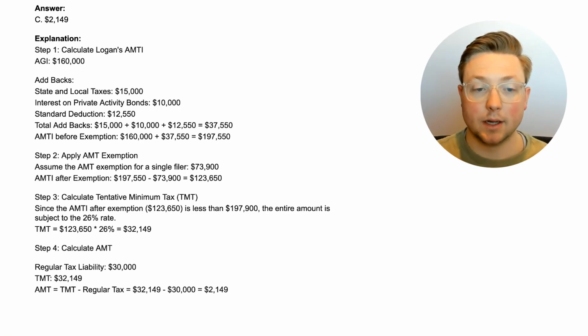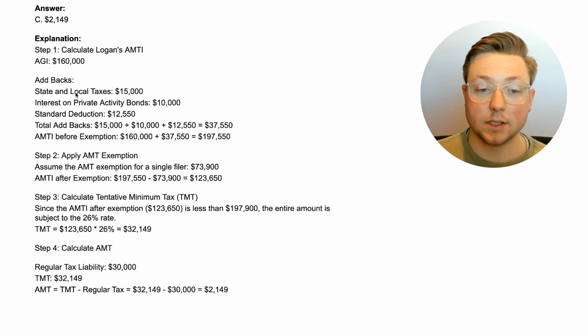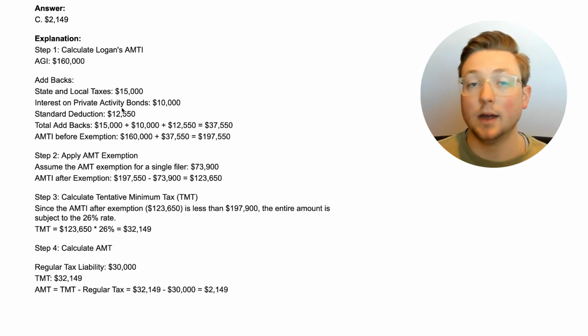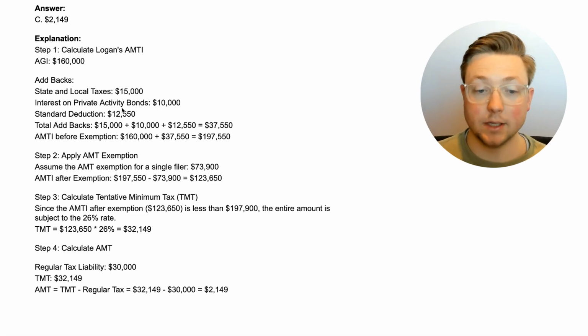So we take his AGI of $160,000. We add back the state and local taxes, the interest on private activity bonds, and the standard deduction, because again, those are not allowed under AMT. And that gives you the AMTI before exemption of $197,550. And then you apply the exemption, and that gives you